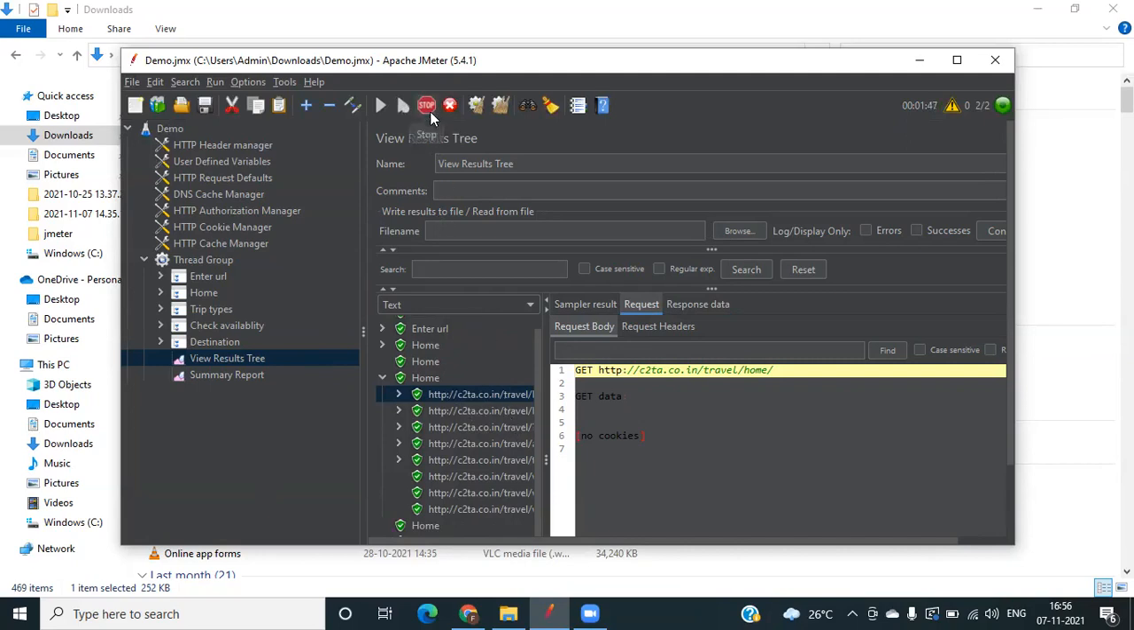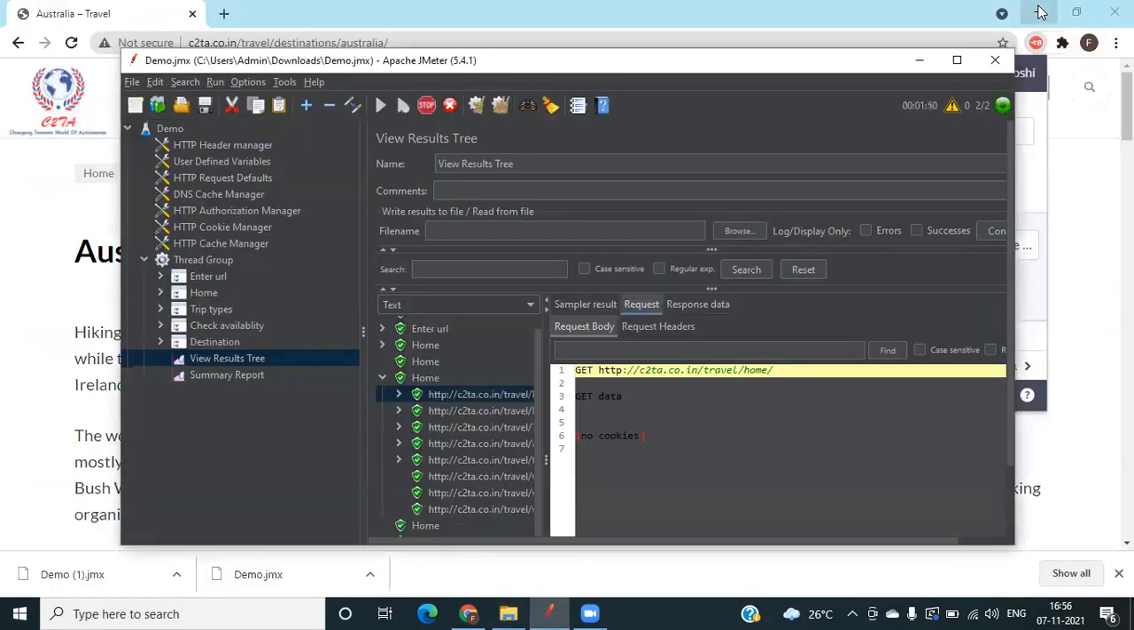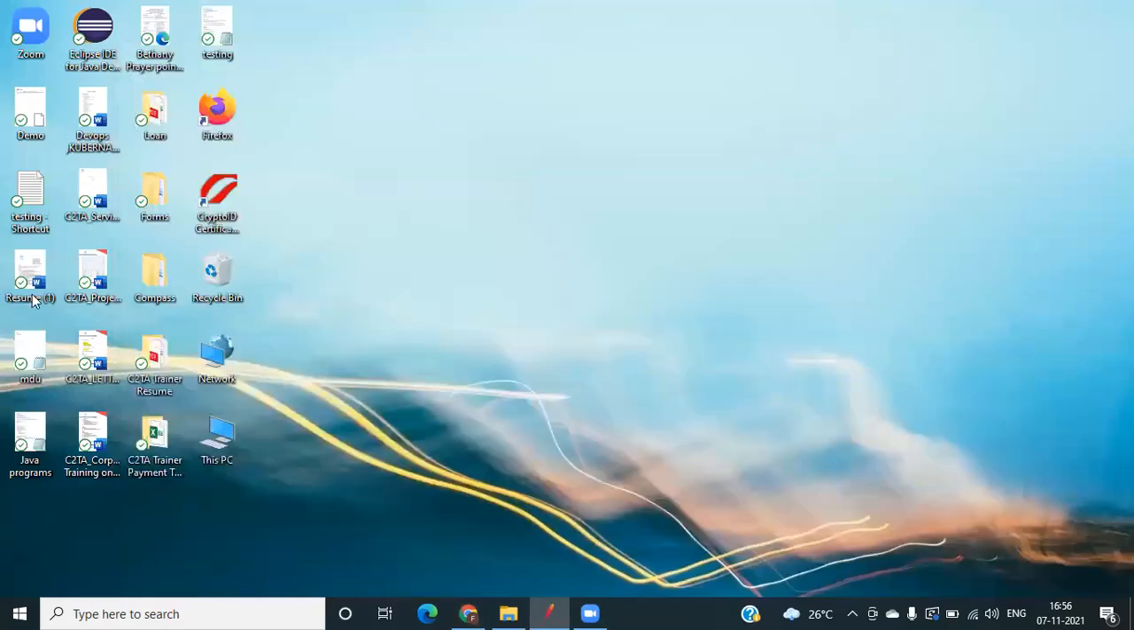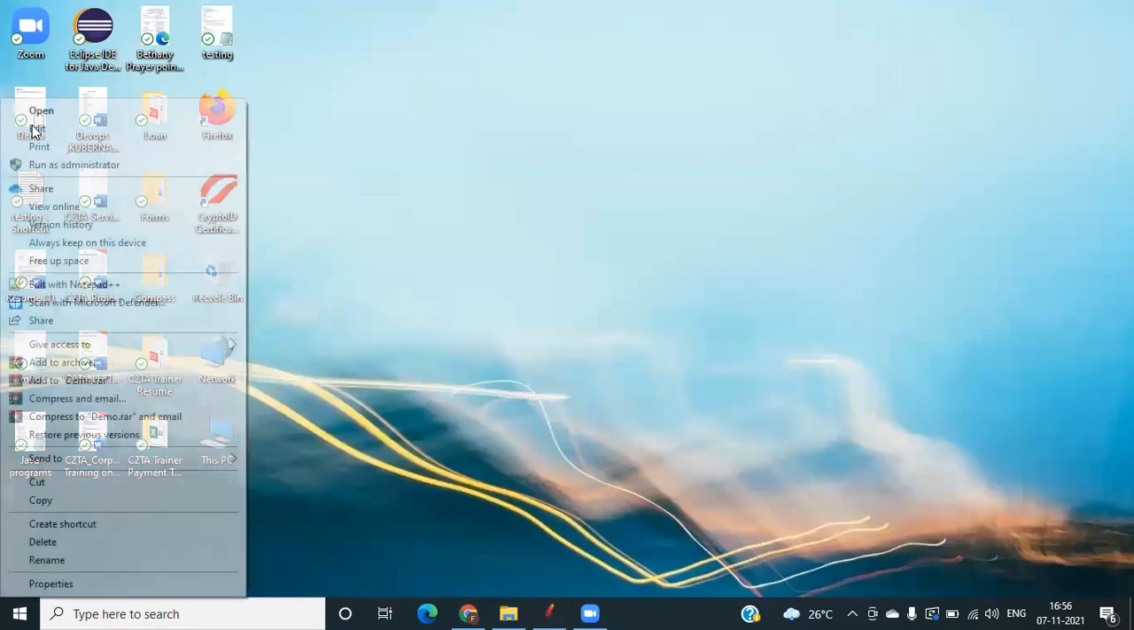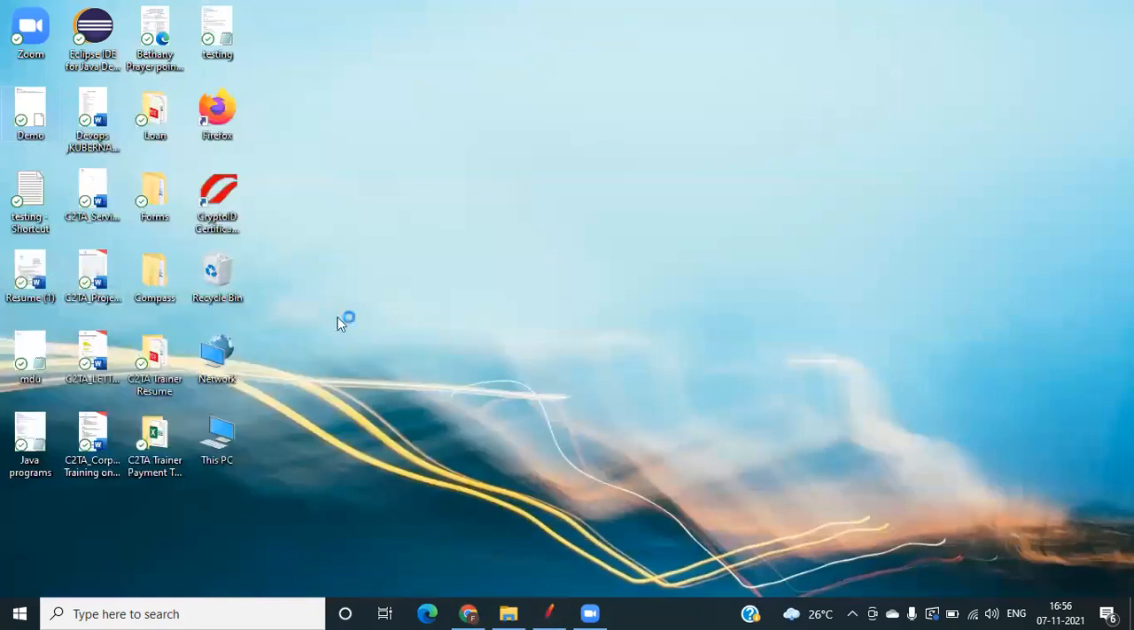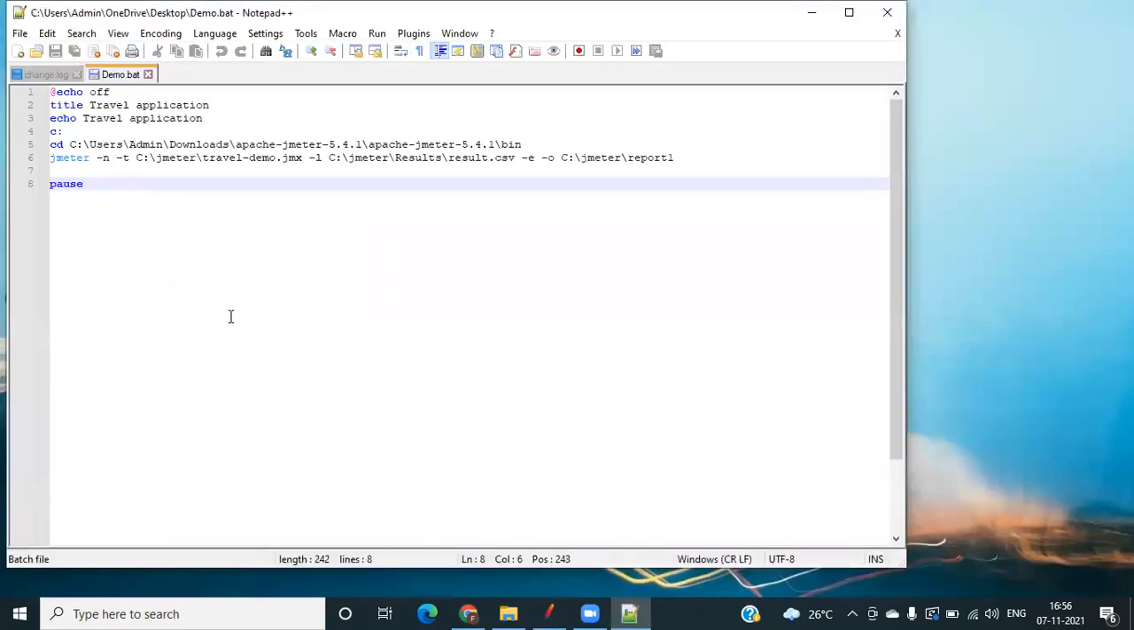For that, I've already created one batch file, and I'm just going to edit it. I'm showing the batch file here. I opened a notepad and typed echo off, gave the title travel application, and echo travel application, and C colon. I'm navigating to C colon, C users admin downloads Apache JMeter